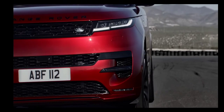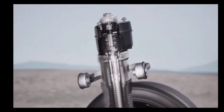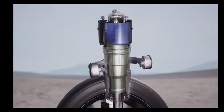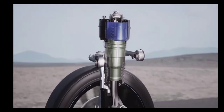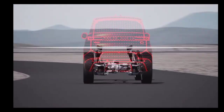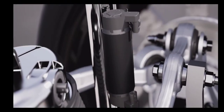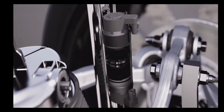New dynamic air suspension is standard and delivers a greater performance bandwidth. Twin air chambers in the suspension seamlessly open and close to allow more comfort in relaxed driving, but a greater firmness to manage pitch and roll in faster cornering and under hard acceleration. Adaptive dynamics is fitted to every new Range Rover Sport, with twin-valve monotube dampers continually managing the connection to the